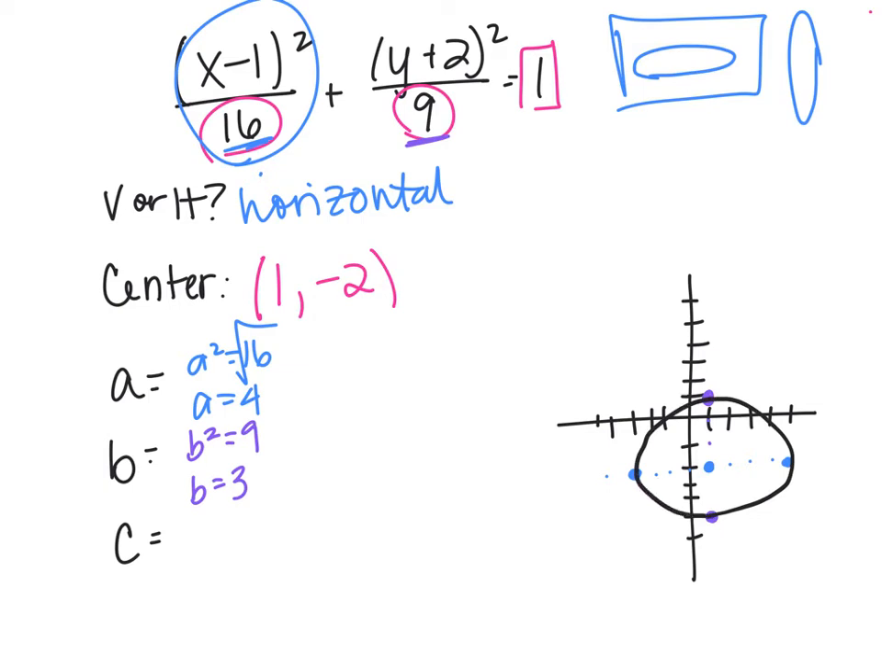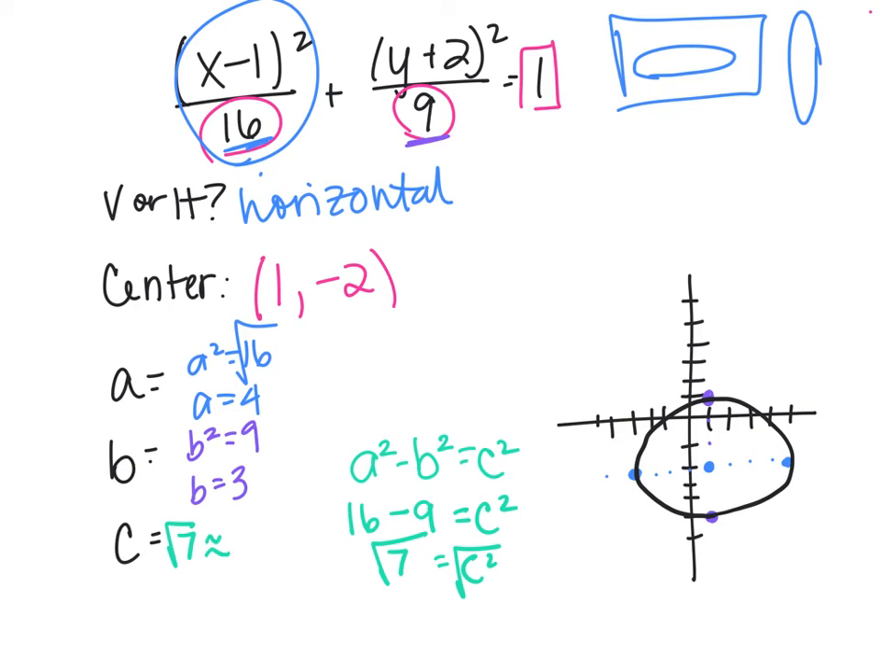Now the last thing we need are the foci. We need the foci because those are part of the geometric definition of the ellipse. So we have our equation, which tells us that a squared minus b squared always equals c squared. And c is that distance from the center to the foci. So if we plug in our numbers, a squared was 16, b squared was 9. That's going to equal c squared. 16 minus 9 is 7. Take the square root and you'll have to estimate with that. The square root of 7 is approximately